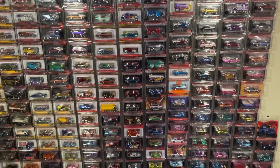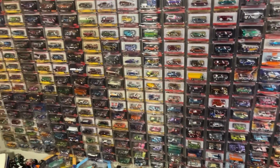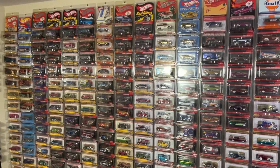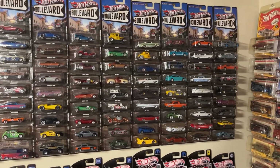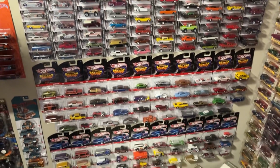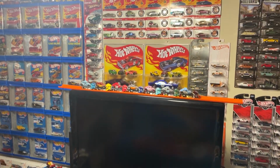Now, the RLCs, obviously, I don't think that he has every one. But he's got the heavyweights. Like, I know that he has the Back to the Future one, I'm pretty sure, when it came out, because he was getting them as they came out. And just showing you guys,